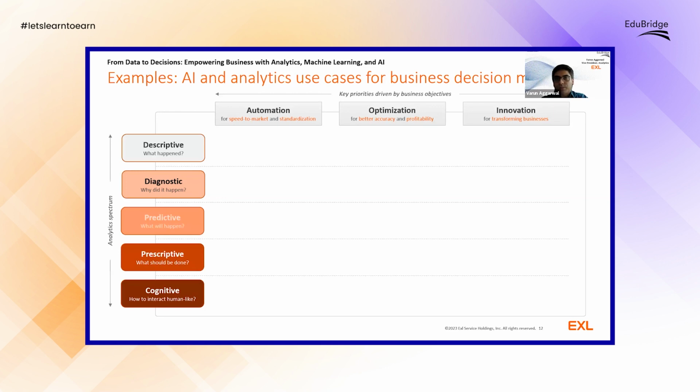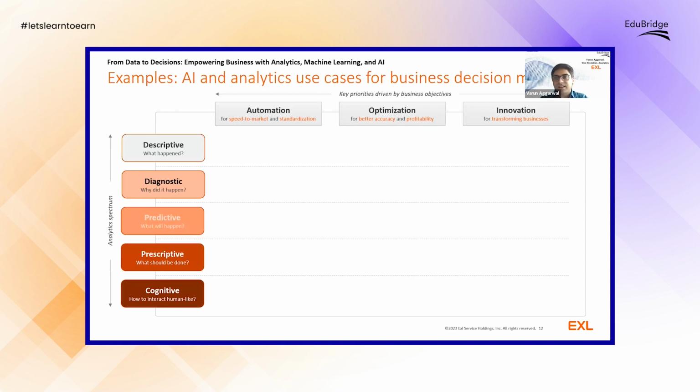The second important layer is optimization. So this basically means that you always need to do trade-offs, right? Whenever there are some critical decisions, something would go better at the cost of something else. So optimization will always be there as one of the core requirements of the business. So you have to improve accuracy and maximize profitability. Those are the key reasons why optimization is also considered.